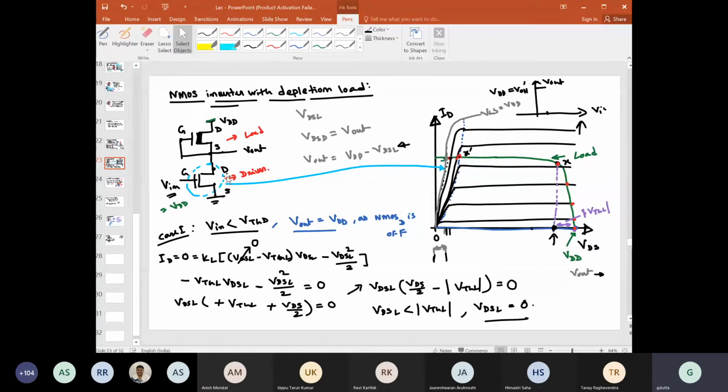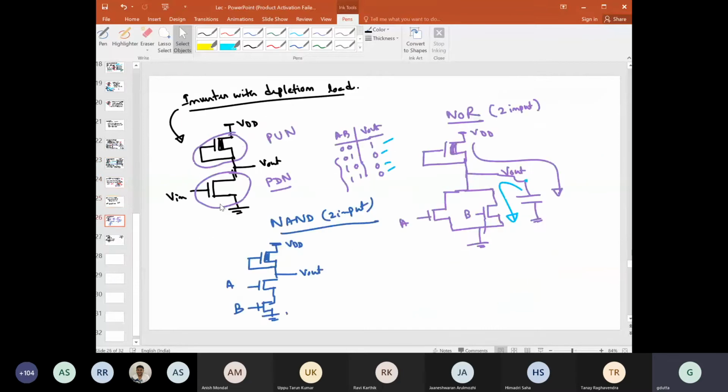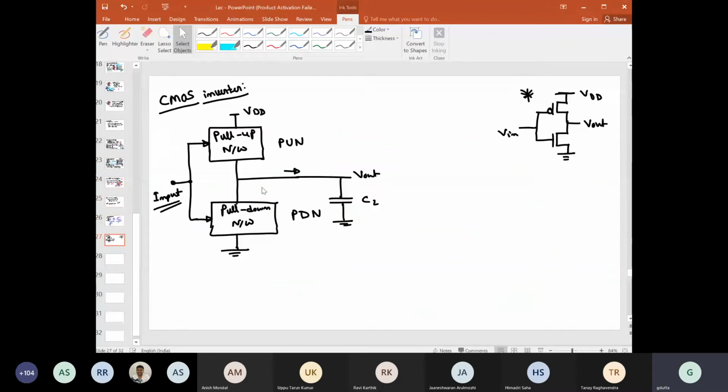You see this is 1, this is on, so that means the pull down network is connected with ground, but at the same time this is also on, so that means the pull up network is also connected with the VDD. So in that case, there will be a direct path between VDD and ground, and there will be static power dissipation, right? So we understood why only the pull-up network should be connected with VDD or the pull-down network should be connected with ground.